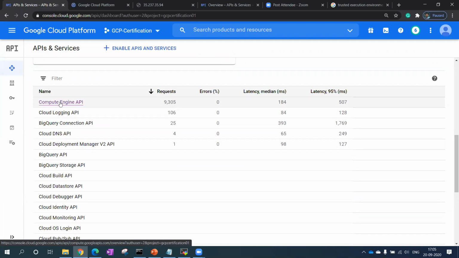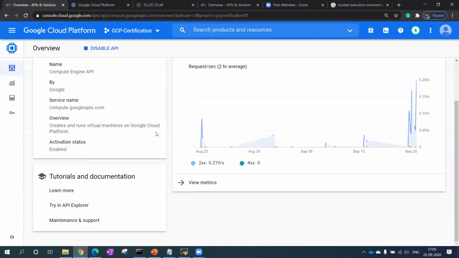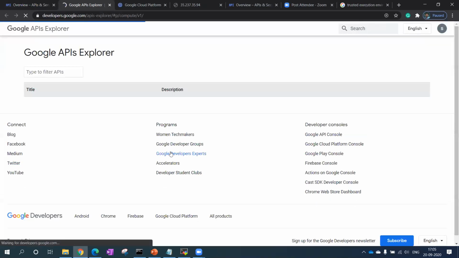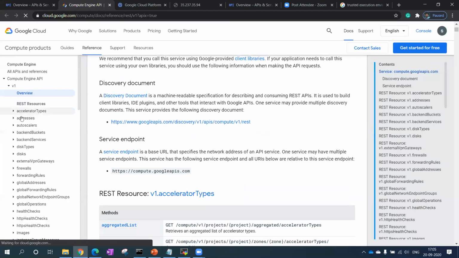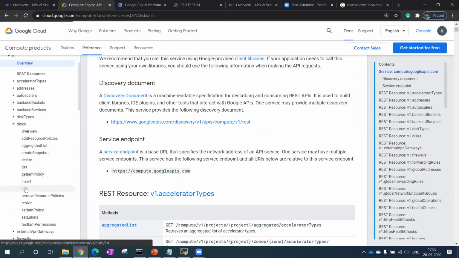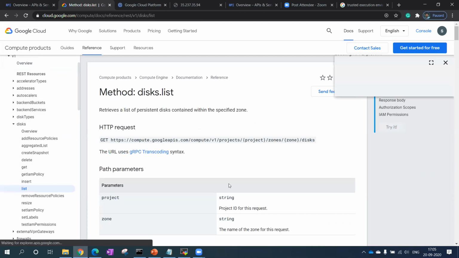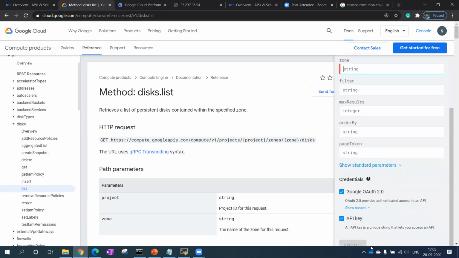If I click on Compute Engine, it will give me additional options over here, right? So I can run the APIs on my VM, and they have given you this option. If I click on this API, let me show you quickly. Almost 1 hour has crossed. On the left side you can see multiple resources. If I want to do get disk or list disk, for example, if I click on list disk, it will give me the option. On the right side, I just have to put the project name and zone, and make the execute call.